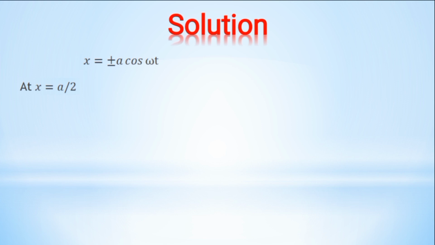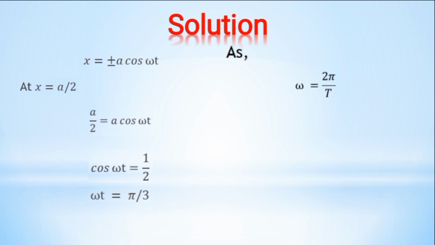Now, when x is equal to A by 2, we can put that into our equation to get A by 2 is equal to A into cos of omega t. Now let us solve for omega t. So we'll get cos of omega t is equal to half. What does it mean? It means that omega t must be equal to pi by 3,